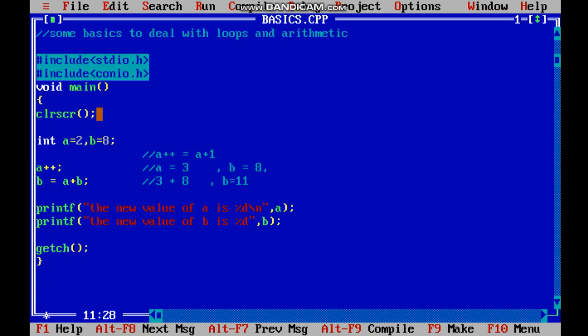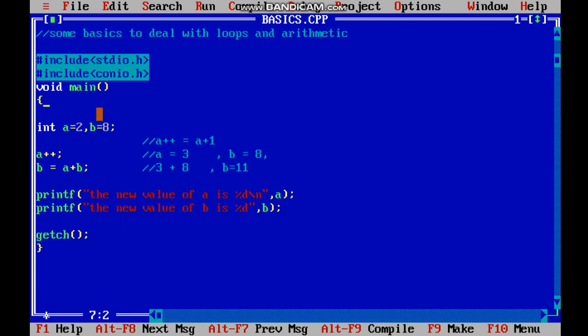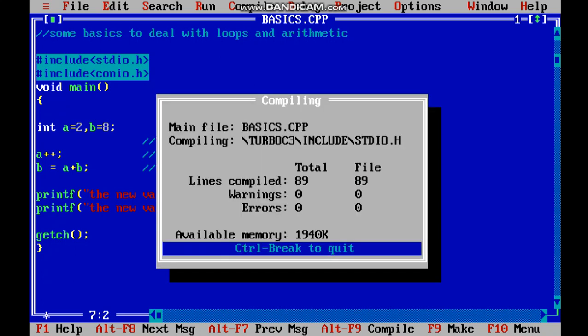Now let us come to some basics. What if we do not use clear screen? Let us understand it very nicely. See, clear screen is not there, but our code is not compiled, right? Now we need to compile it first. If you don't compile, then the last code was compiled. So that answer will get Alt F9.